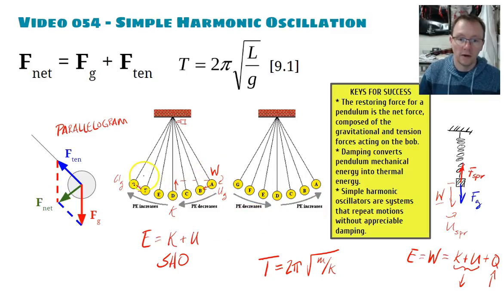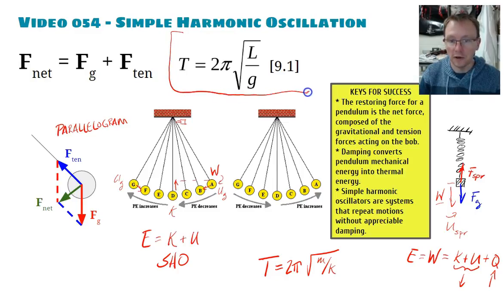For a string pendulum like this, we have a similar formula, and this one's actually on your formula sheet. So if you look at the formula sheet, you'll see it's 9.1. This is the one that will actually be on the test. You have the period of a string pendulum is equal to 2 pi times the square root of the length of the pendulum. And I just want to point out that that's the distance